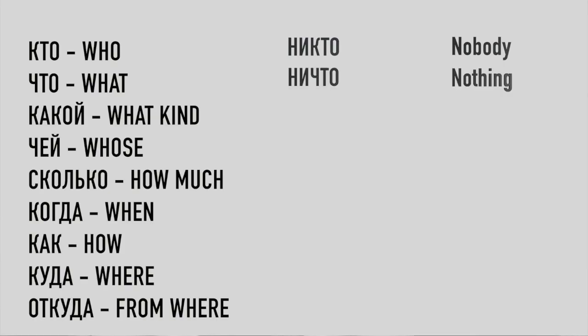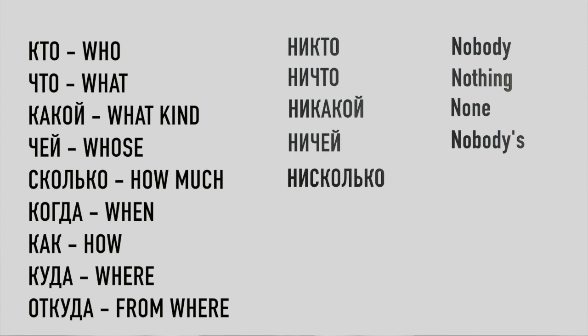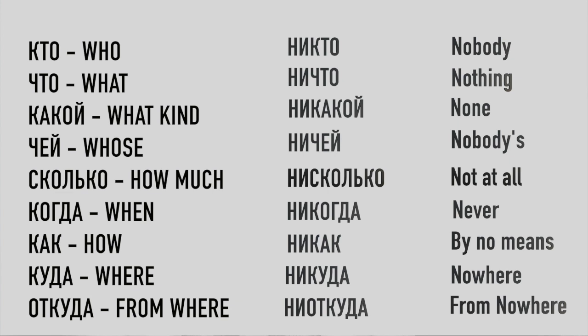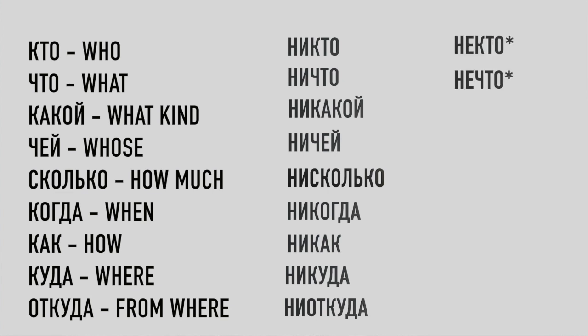I think it'll be beneficial to list interrogative pronouns and its friends. So we have никто, ничто, никакой, ничей, нисколько, никогда, никак, никуда, неоткуда. And then we have некто и нечто, somebody and something, they go to the other case. It's the next topic that we're going to look at, indefinite pronouns. Никакой, we don't have некакой, we don't have a word like that, but we have the words некий и некоторый. So you remember который means which, and we have некий и некоторый. Both of these words mean some.